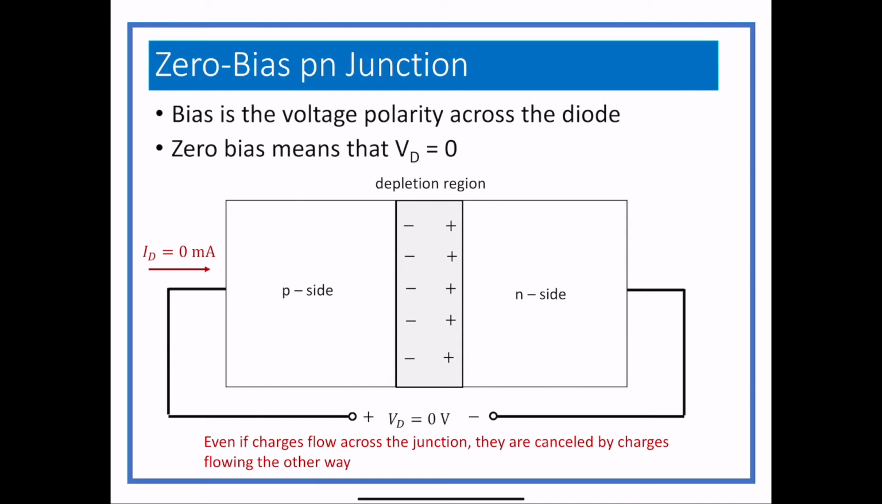If we apply a voltage to this, we can apply a voltage in one of two directions. We can polarize it one way, we can polarize it the other way. We have two choices. The first way we're going to do it is something known as reverse bias. We're going to apply a voltage that will